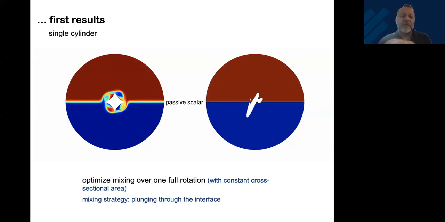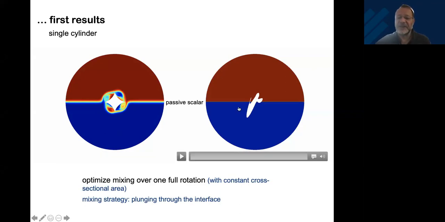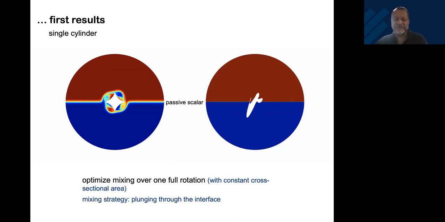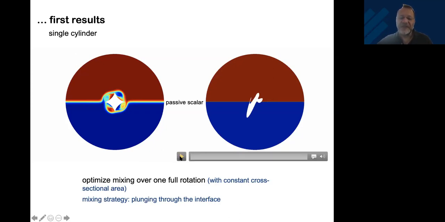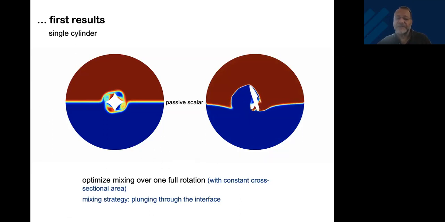And now we say, what kind of shape would do a better job over one rotation and get the whole thing stirred up a little bit better? And this is the shape that we have. Okay, it looks a little bit awkward. This is a Fourier transformed shape, or a parametric description of a shape with 16 Fourier coefficients. And if you let that one stir, again, we do the mixed norm optimization. This is what you get. Okay, so it's more of a paddle, but it still has these tiny cavities.